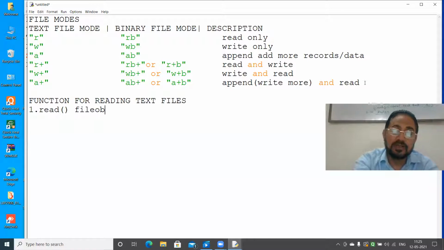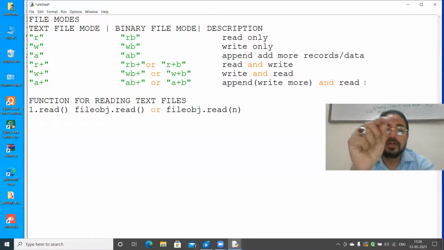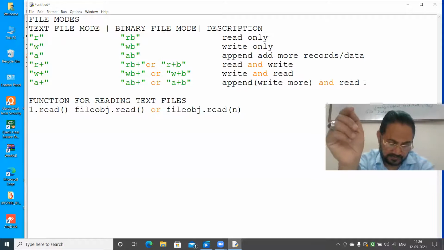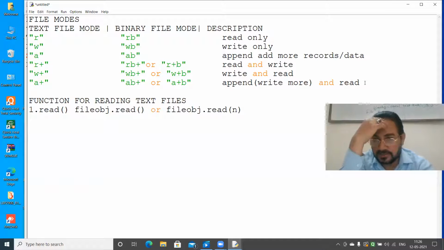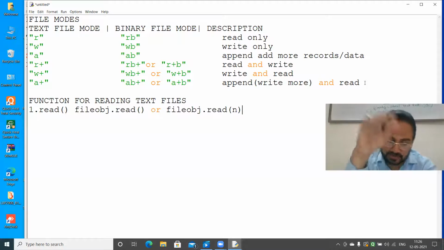The file object, whatever name you are giving, then dot read. Sometimes you can also write n: file obj dot read, or file obj dot read n. So two ways. N is optional. If you want to give n, I will explain what it means.